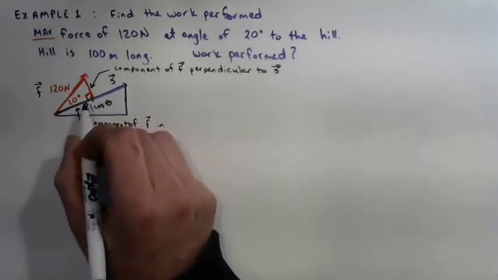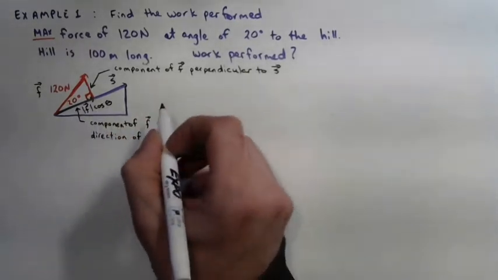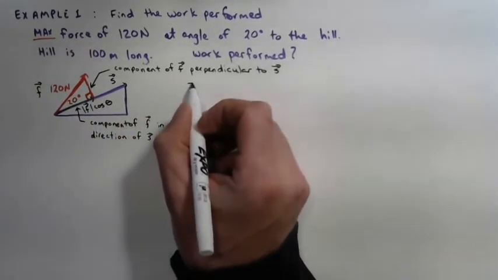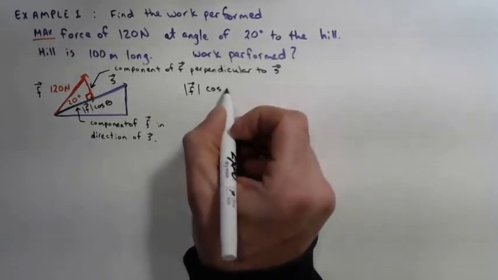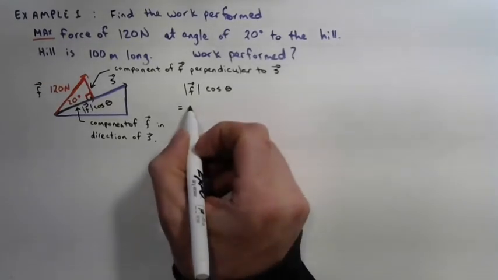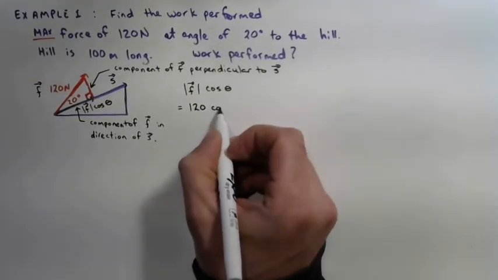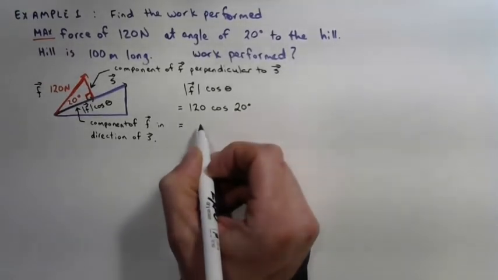The component of vector F in the direction of displacement is going to be the magnitude of F times the cosine of theta, and that is 120 times the cosine of 20 degrees, which is